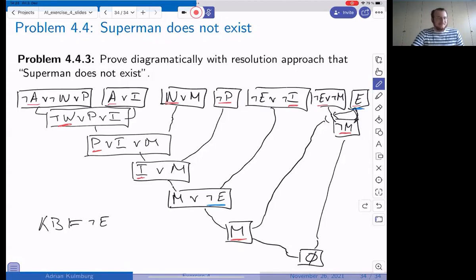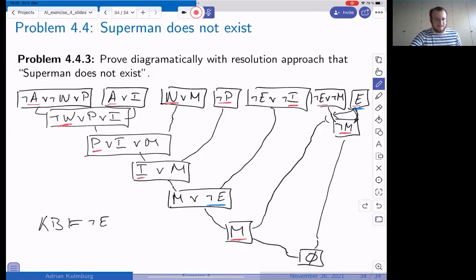Typically you just try a few things, and when you have exhausted all the possibilities and you see that you still didn't end up with the empty clause, then it typically means that the knowledge base does not entail the sentence. But in the worst case, you have to check every possibility, and there's not really a smart way to decide which two